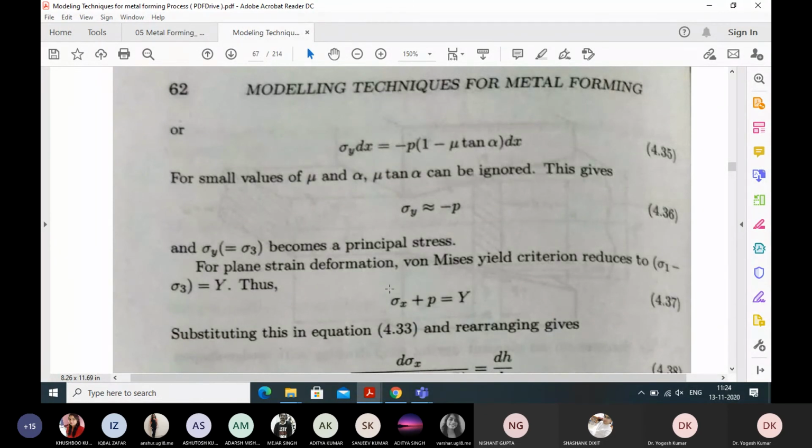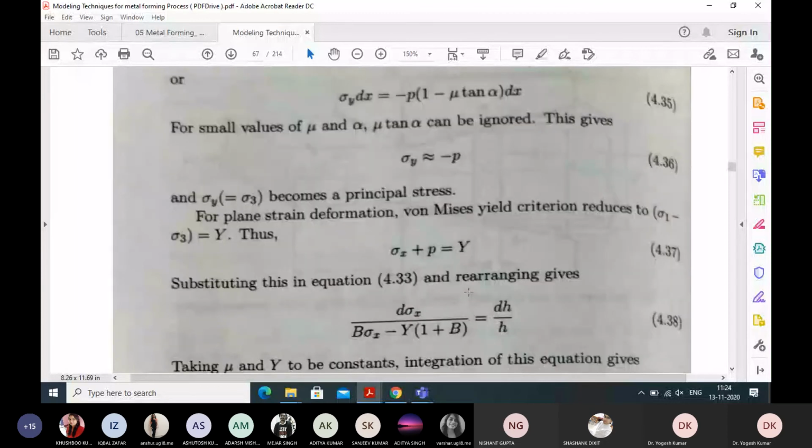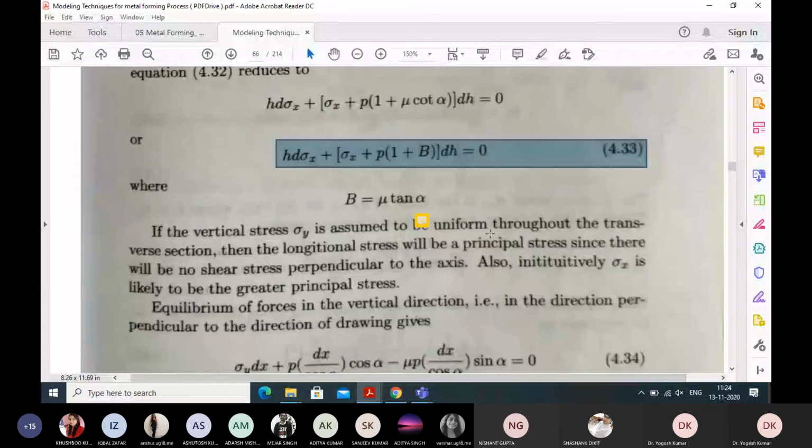So we can say sigma 1 minus sigma 3 equal to y, using the yield criteria. So we can put the values of sigma 1 and sigma 3. This will be sigma x plus p equal to y. Okay, so if we substitute these values in equation 4.33, h d sigma x plus sigma x plus p 1 plus b dh,